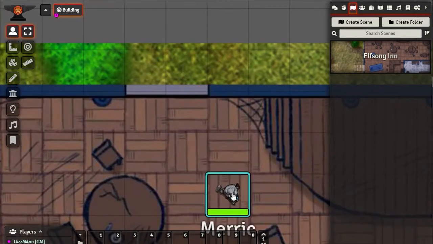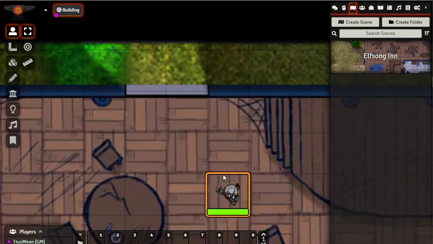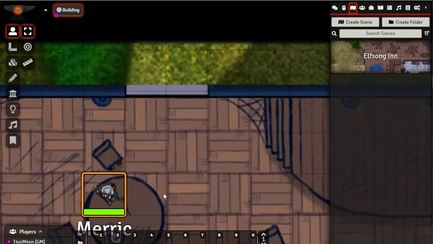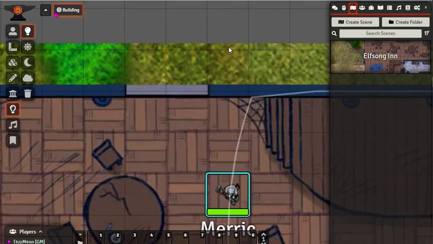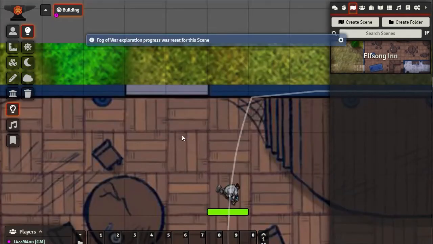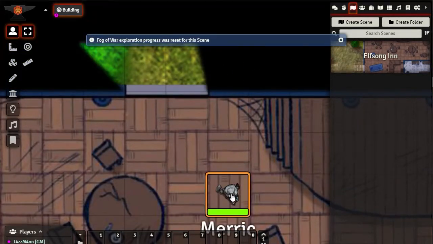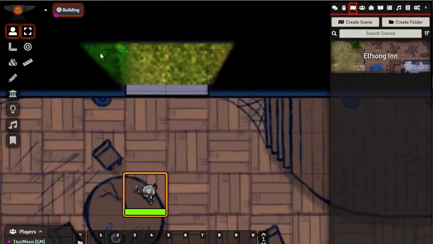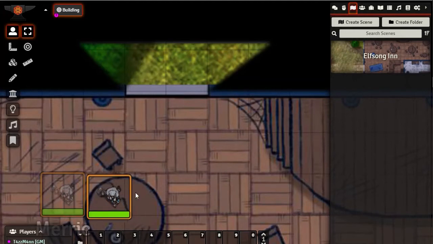If we go look, our character, now it kind of looks like he's seeing through the wall. And this is another thing I want to point out. You can actually see where he's actually seeing. The reason he's seeing through this wall is because he's seen this before. If we want to reset that, that's the fog of war. If we reset that and now go back to our character, you'll see it's completely black here, but now this area he's seen, but it's still visible. He knows what's there, but he doesn't know,